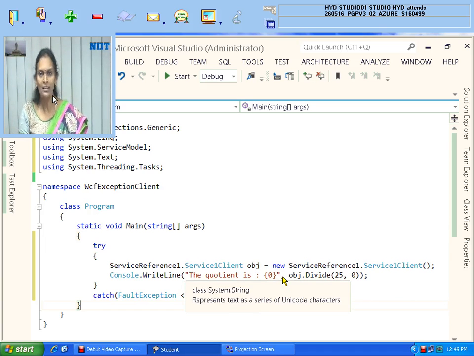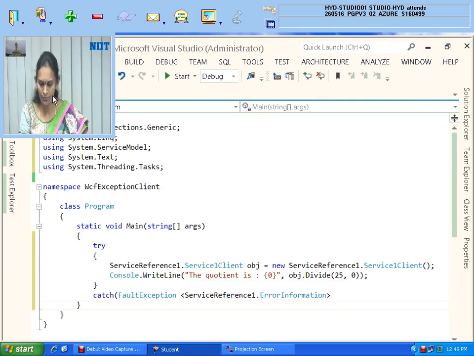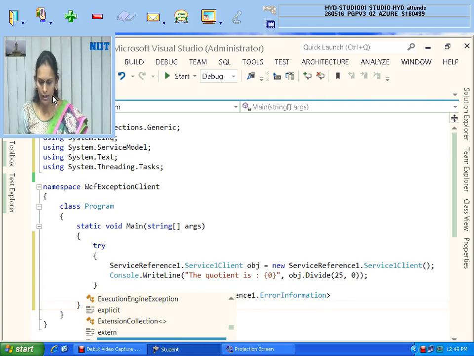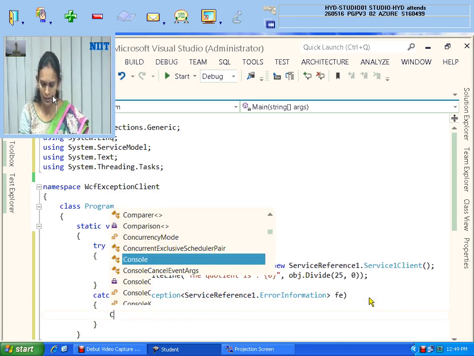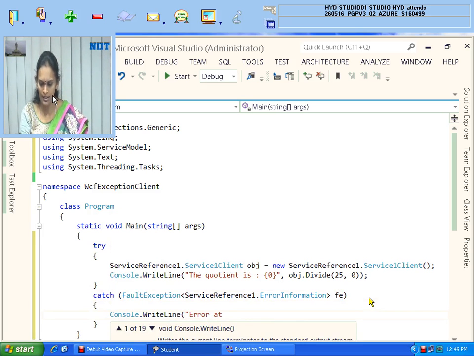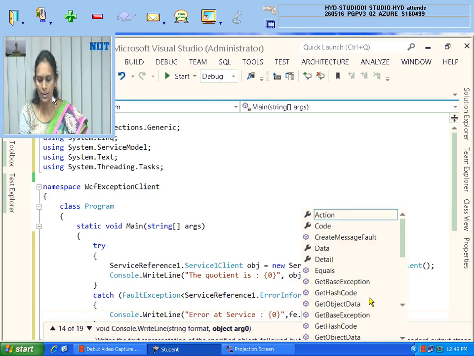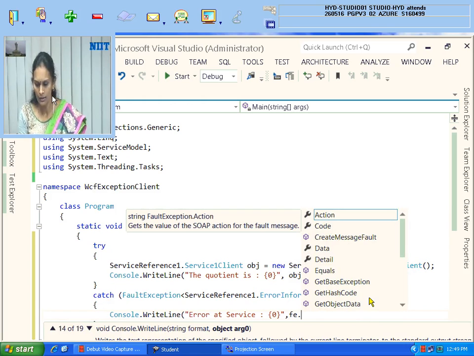So when I updated, I am already getting it, and this is the fault exception, FE fault exception, with some variable FE in the bracket. So what you have to do here is Console.WriteLine, error at service. What is that message? FE 0. What is that message, madam? Is it FE dot detail dot